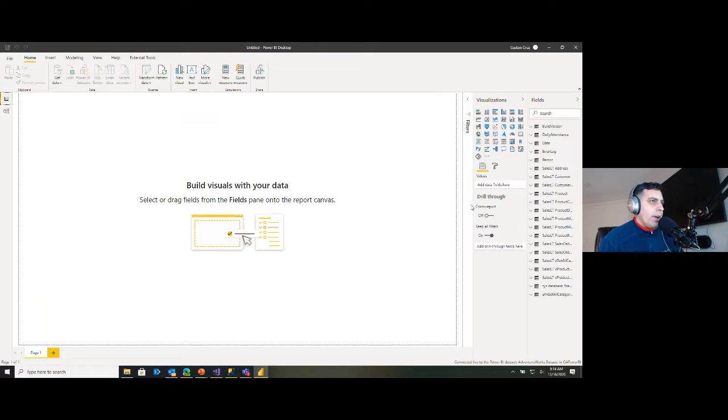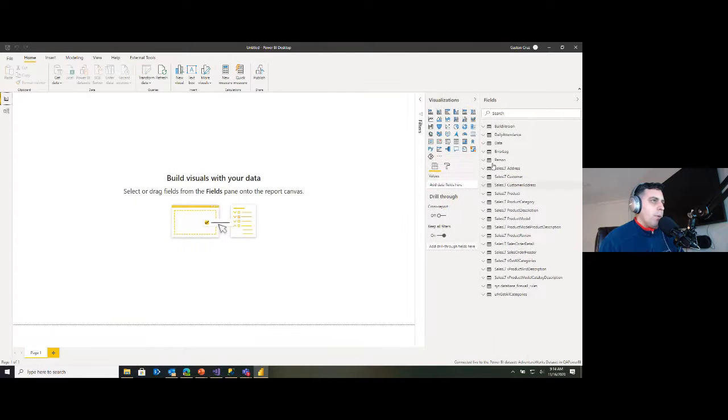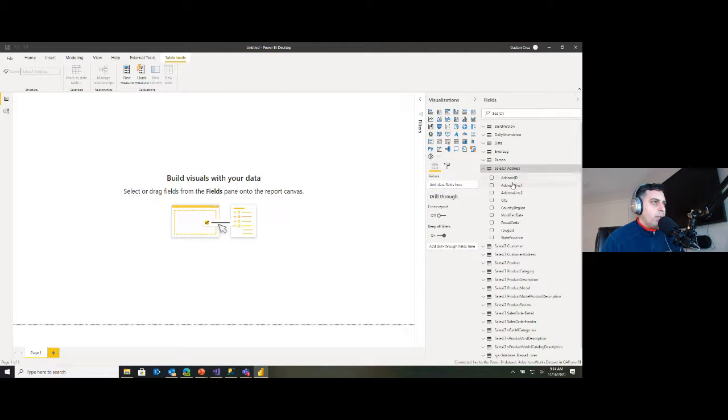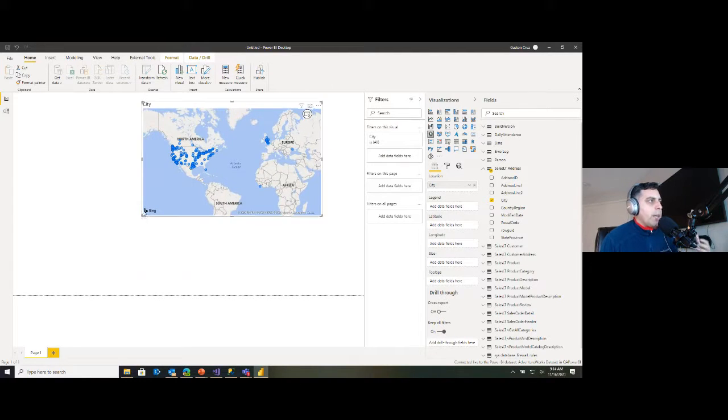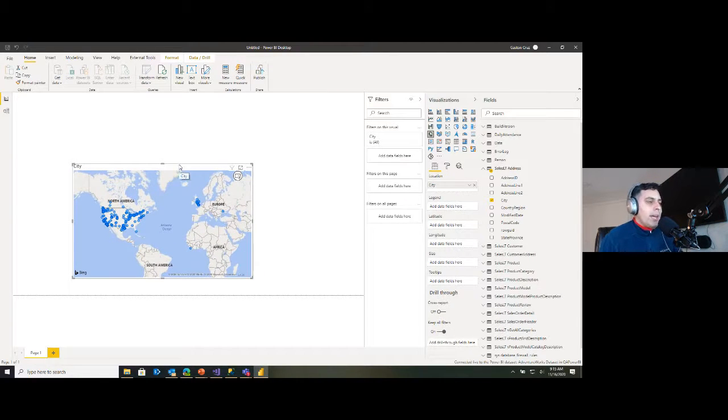So I can leverage it, and you can see right now that all my entities come in here, and in this case I can use any of these entities to create my report. So my report is going to bring all the compute engine of the data model, directly getting the data from the dataset that lives in the